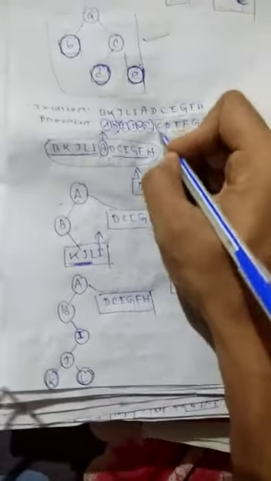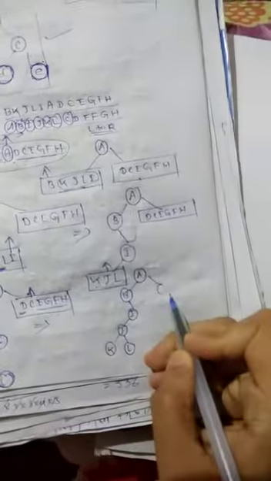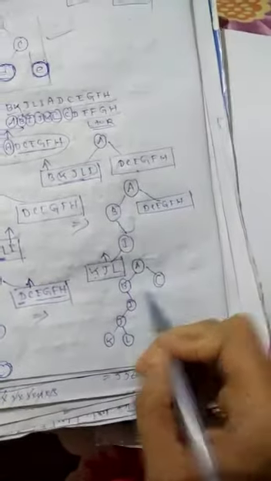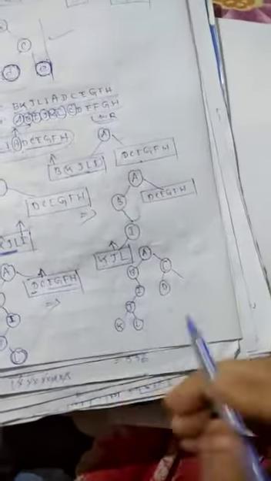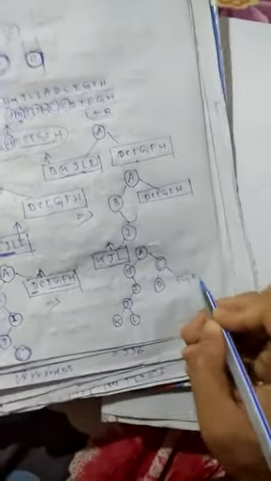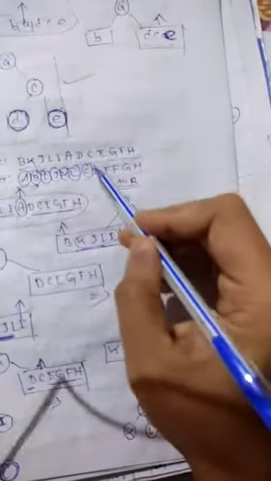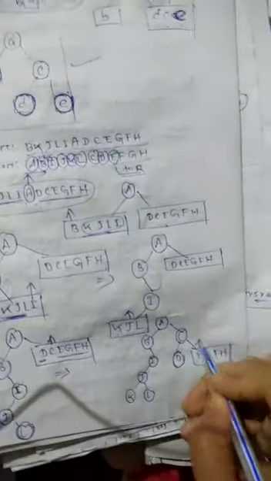Then next, what is the root? Next root is C. So here C is here, so C goes up; these are from the left and these are from the right. I'm drawing C here. Next, D is the left side and on the right side all the nodes are there, that is E, G, F and H. Then what is the next root? Next is D. See here, D is a single node, no changes.